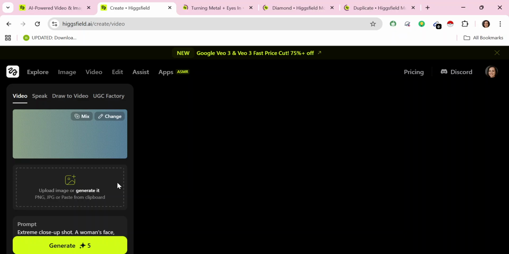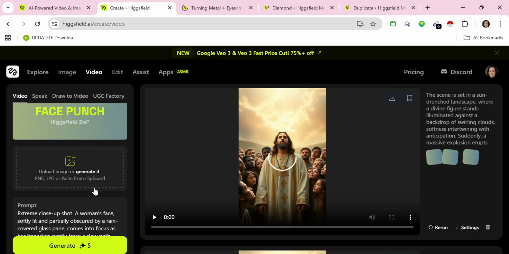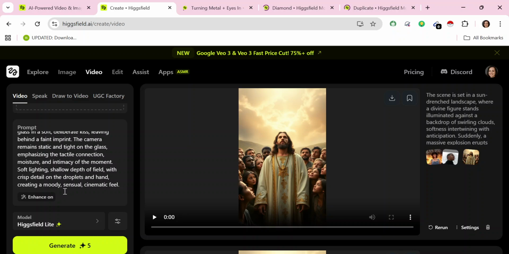Now you can click here, and then you would be able to upload it from your system, and if you have an extra prompt, you can input it in this prompt area. But if you do not have one, you can just go on to choose the model you want depending on the availability of your credits. But once you're done, just click on generate, and this will take 5 seconds, 5 credits